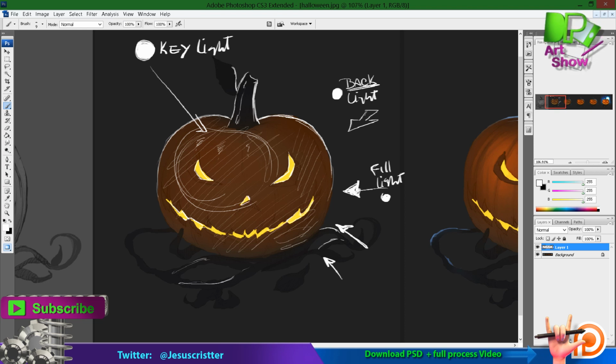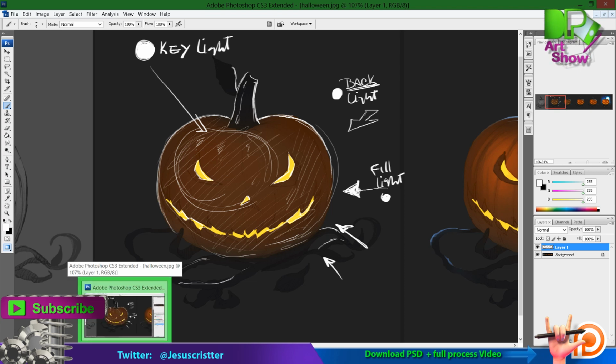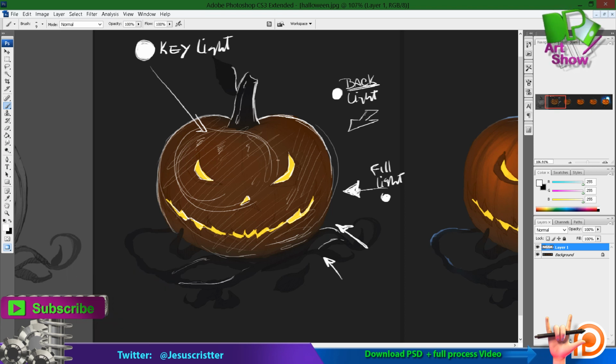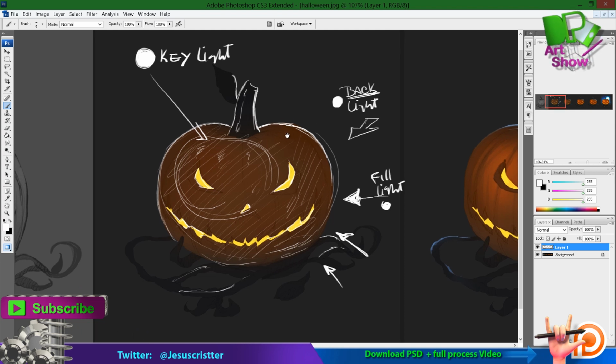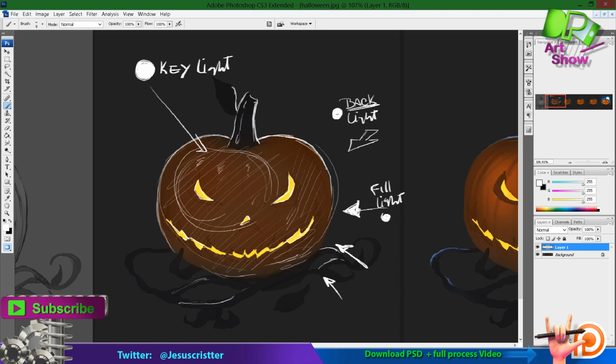Anyway, we're also going to talk about subsurface scattering, which is what happens when you have a light inside of the pumpkin, and it's going to look like it's something coming from the inside. It's what happens when you turn a lantern underneath your skin. Your hand turns red. In this case, it will be orange because it is a pumpkin. It doesn't have blood. It's just the material of the pumpkin. I was going to say pumpkin juice. Anyway,